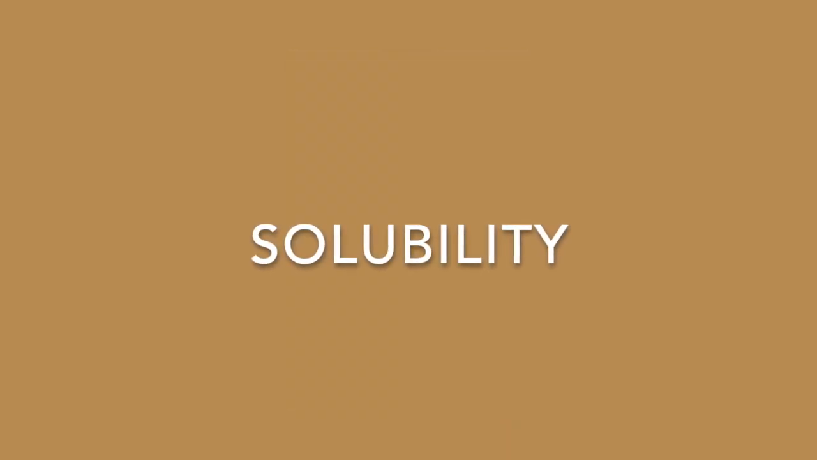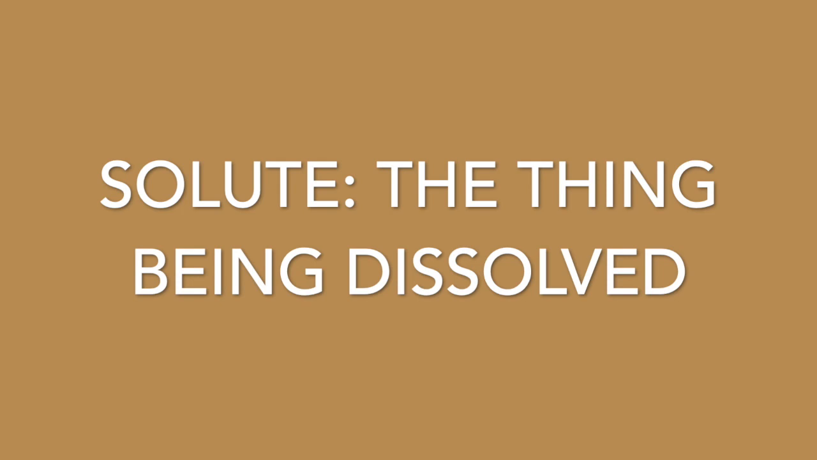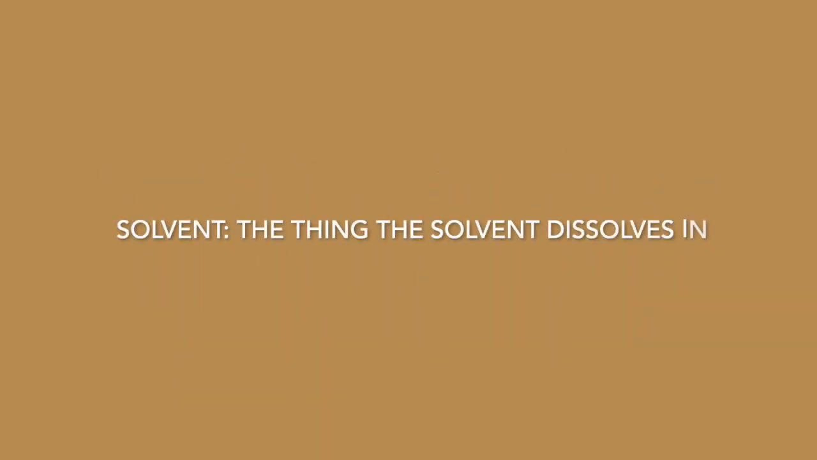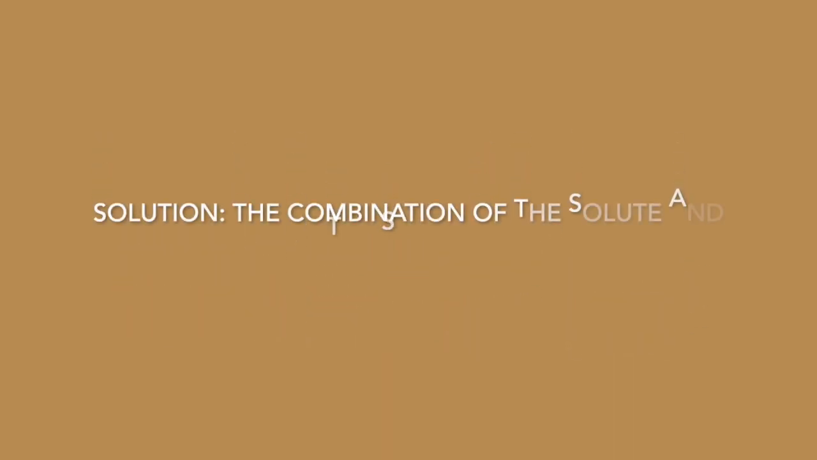Solubility consists of three different factors. One of the factors we'll be covering is a solute, which is the thing that is being dissolved. The solvent, which is the thing the solute dissolves in, and the solution, which is the combination of the solute